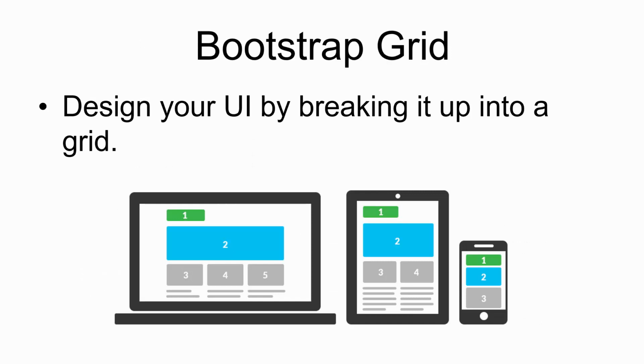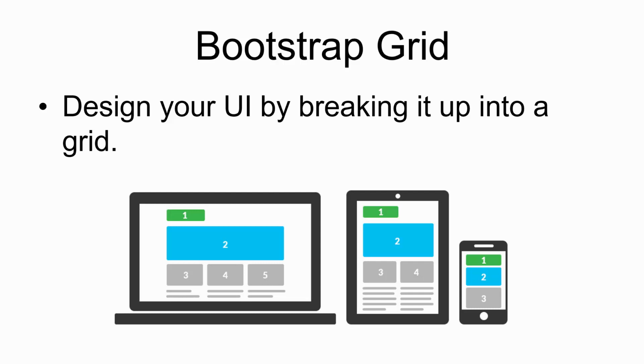And the key to all of this is the Bootstrap fluid grid. So you'll design your user interface by breaking it up into a grid. And I have a little example here down below. So you can see how the interface dynamically adjusts and things collapse and slide according to the form factor that you're viewing it at. So we're going to take a look into more detail on how to do that using